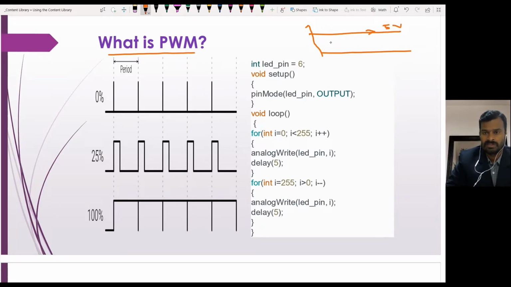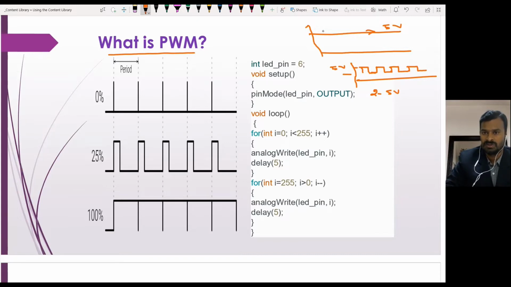Suppose you connect it for 10 milliseconds on and 10 milliseconds off, and then again 10 milliseconds on and 10 milliseconds off. What will happen? The total average of this signal, though the peak is 5 volt, will reduce to 2.5 volt.